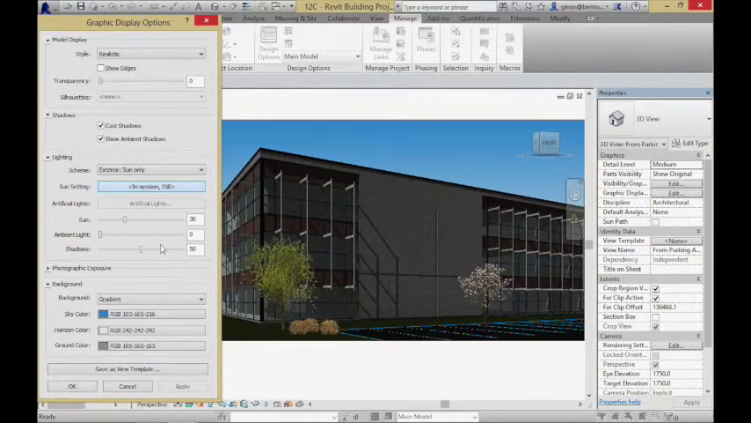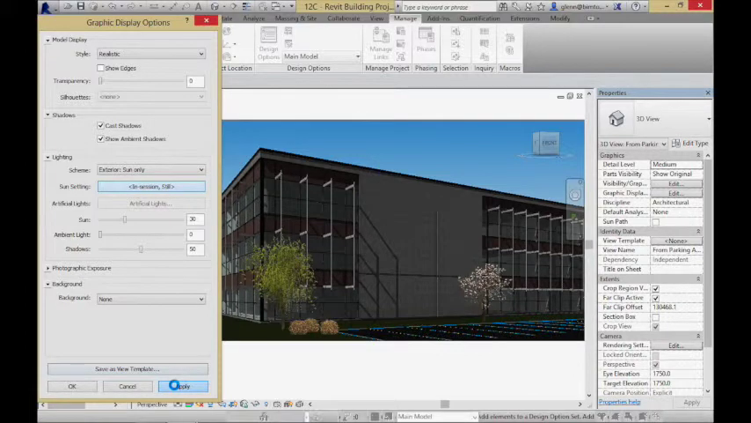We also have down in here the issue of the background. Anything from a very plain, nothing background, which is the way it is by default in Revit,